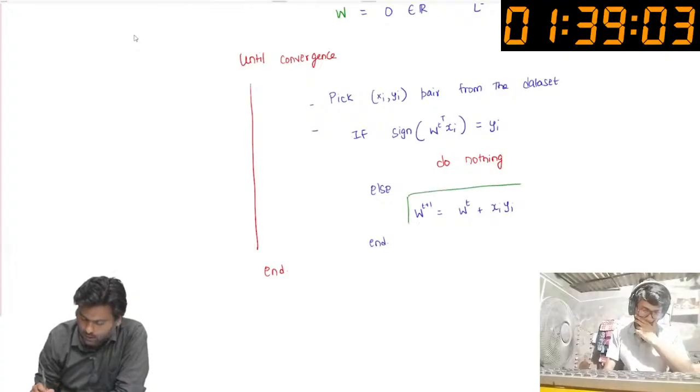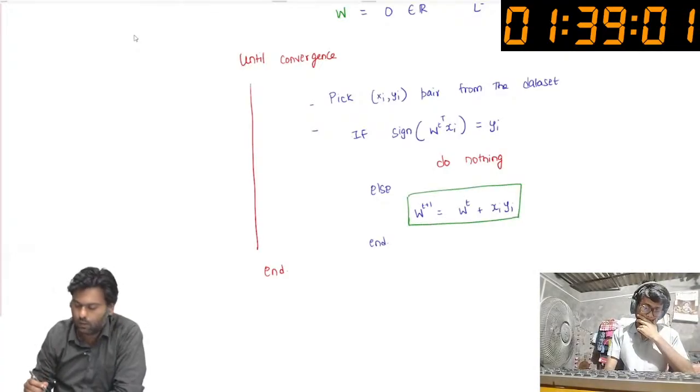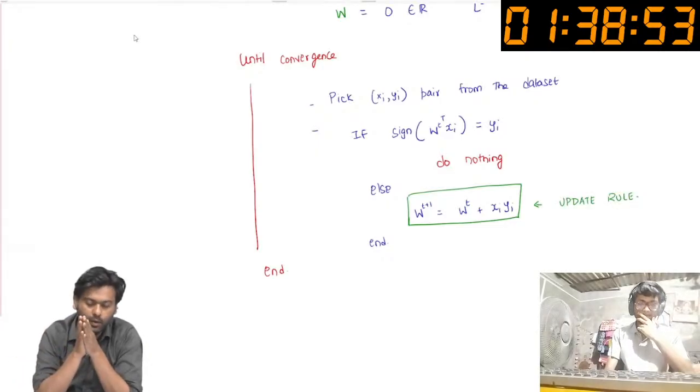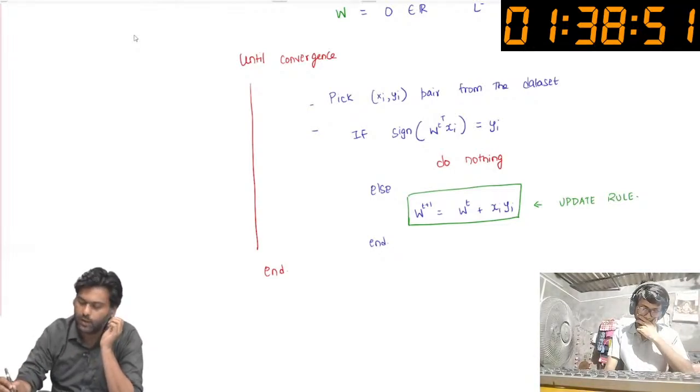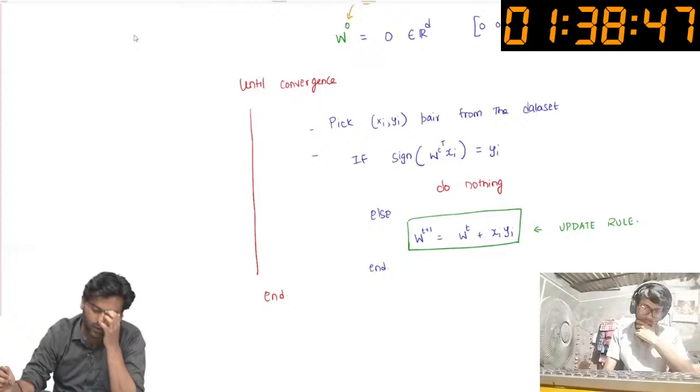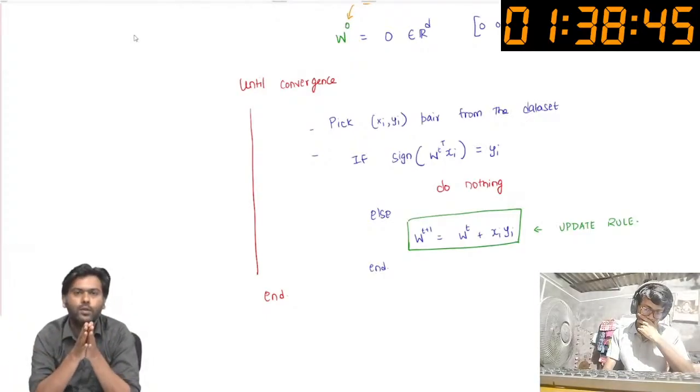This is the algorithm. This is what is called an update rule, and we will talk about this in detail. So, what is this algorithm? Well, this algorithm begins with initialization of W naught equals 0, and now it is going to see you have